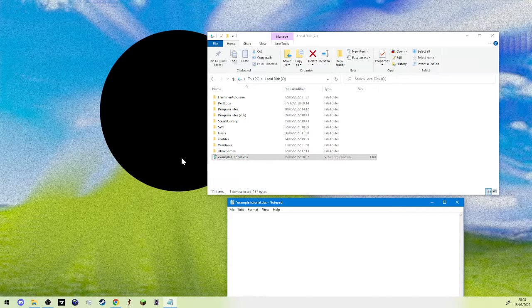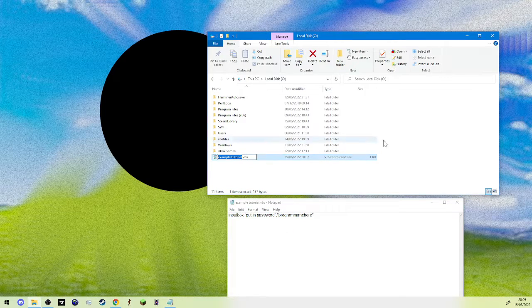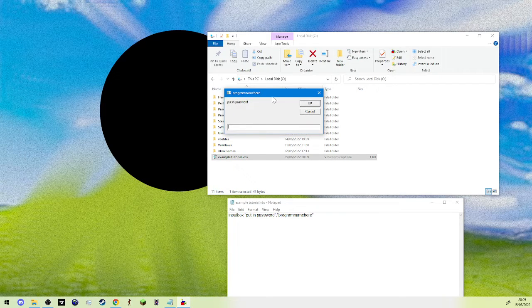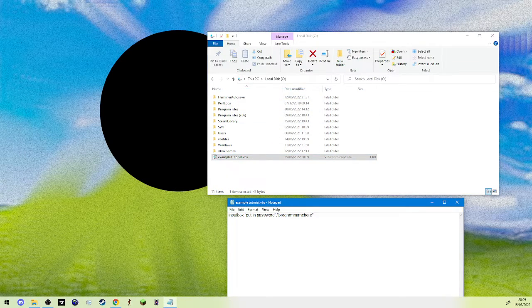So, input box. Put in, I guess, password, comma. Now let's save this and load it. It says put in password, program name here. And now